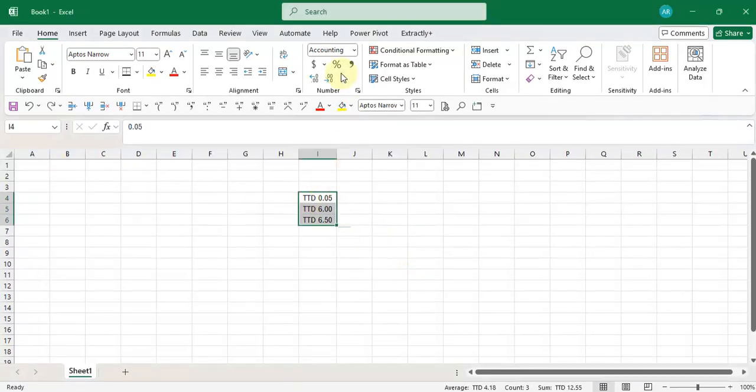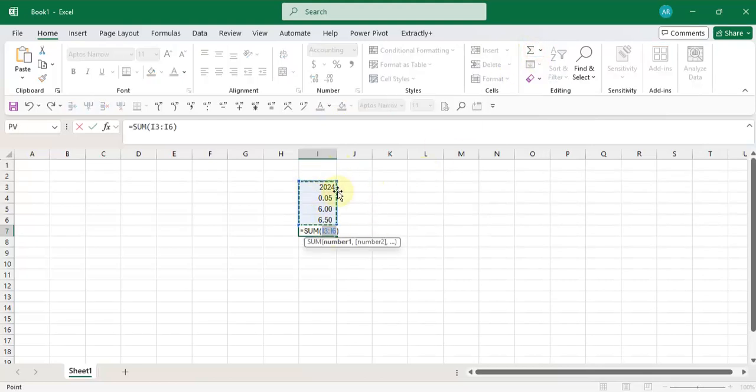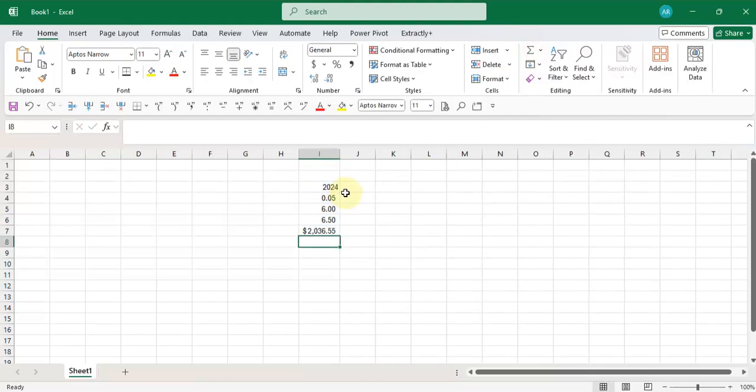I'm just going to change this back to comma style, and I'm going to show you one last thing. If I have a number in Excel, but I don't want it to register as a number, so for example, if I have my year 2024, and I add a sum at the bottom, my sum is going to pull all the way up to 2024. And if you're not careful and you're not checking back these things, it's going to cause some differences and some